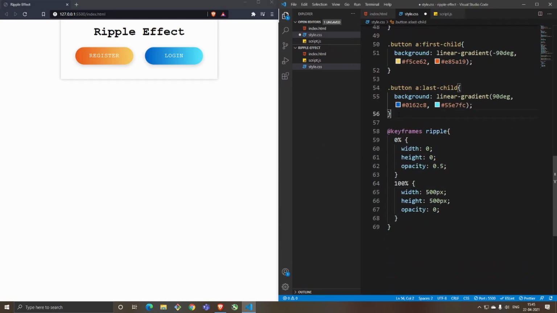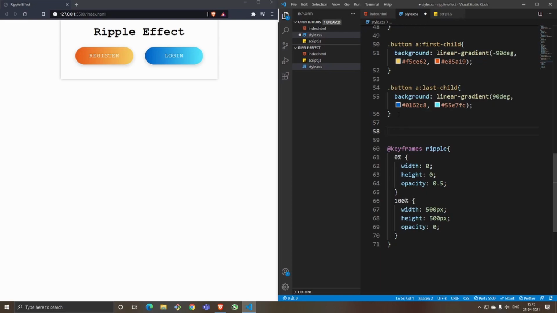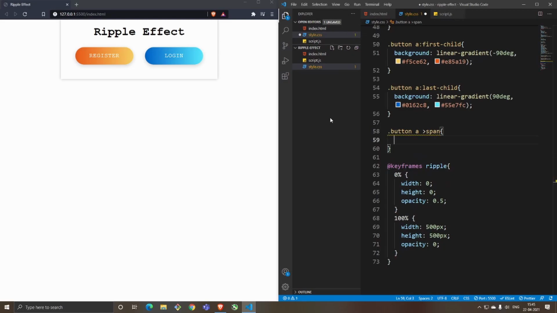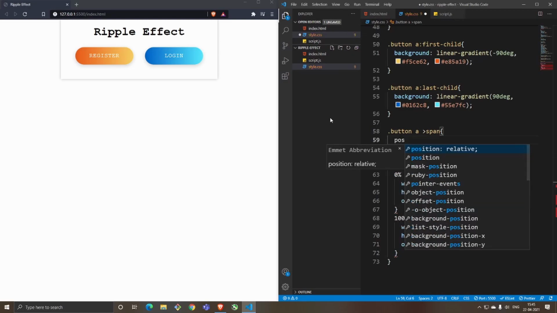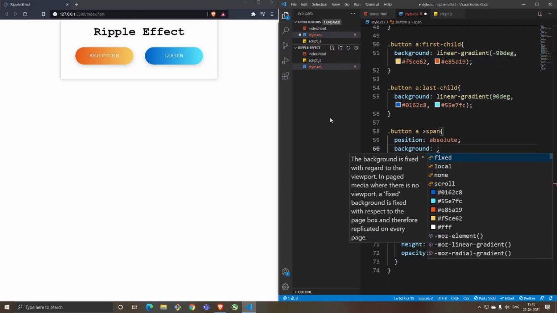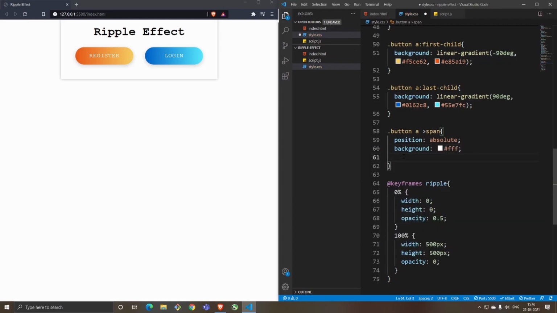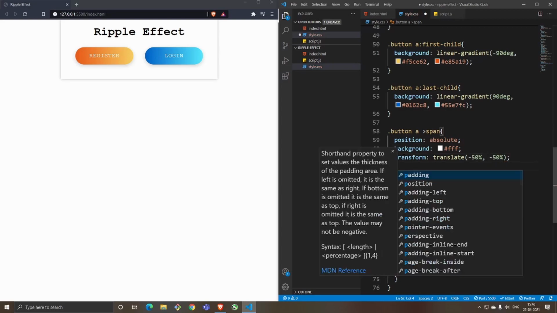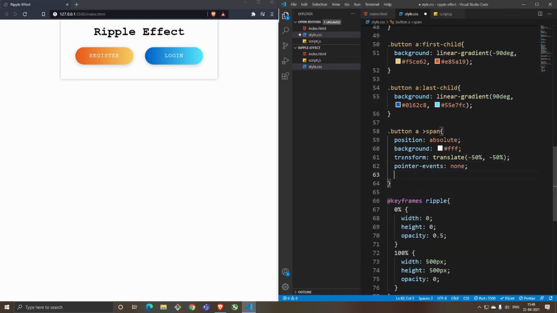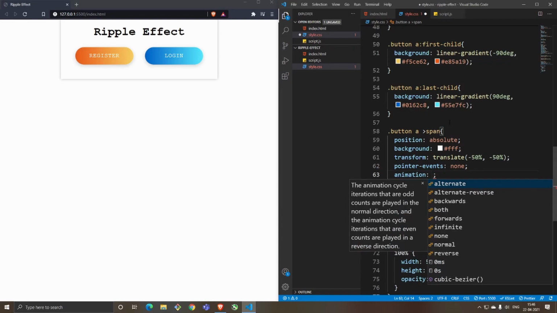Now we'll use this keyframe. Where we'll use this is on each of these buttons that we are doing. So you'll do dot button A and span. So this is like the first one, second one, so each one of them. And now we are done with the button.